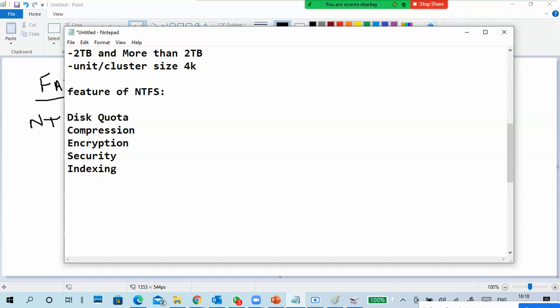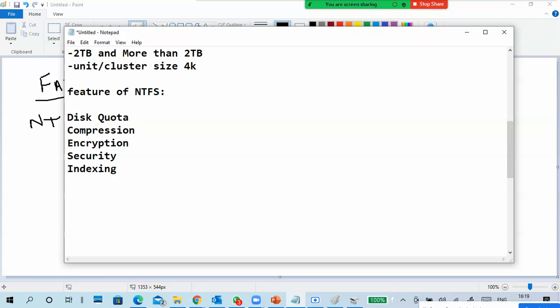It indexes the data. So simply, if I want to search for a file, I will go to the search bar and type it, and then I will get it. Same thing, say you downloaded a Windows 10 image and some of you are confused about where it is downloaded. Very simple: go to This PC, type .iso in the search bar, and automatically you will find all the ISO files. Very simple, right? Even I forget while I'm telling.